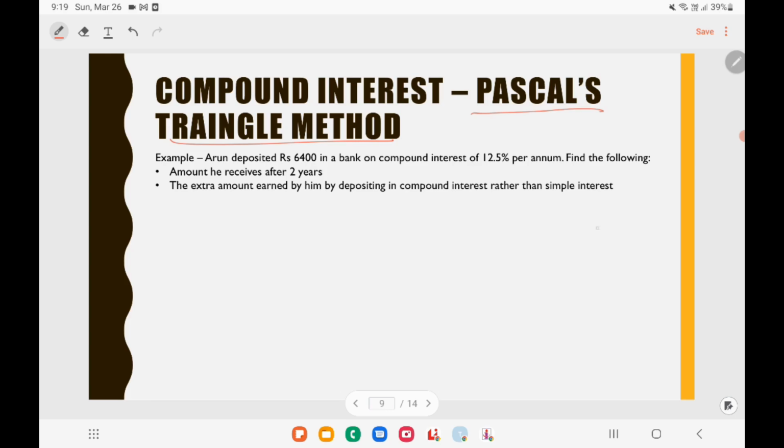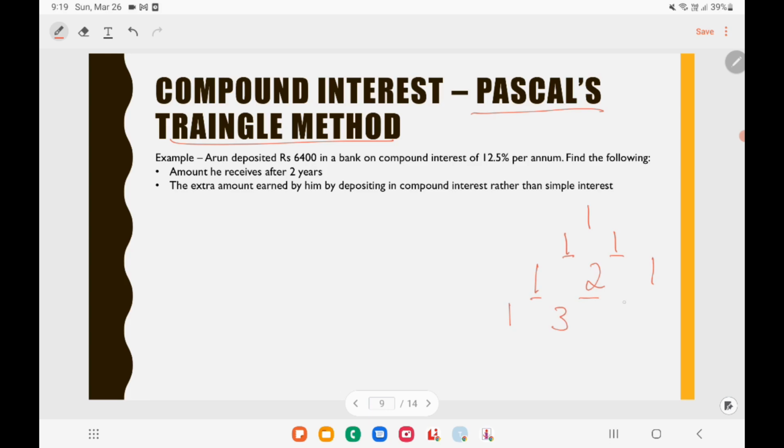So it is like this. First you write 1, then you write 1 and 1, then you write 1 here, then the sum of 1 plus 1 is 2, you write it here, then you write again 1 here. Now in the third step, you need to write 1 here, then 1 plus 2 is 3, you need to write 3 here,